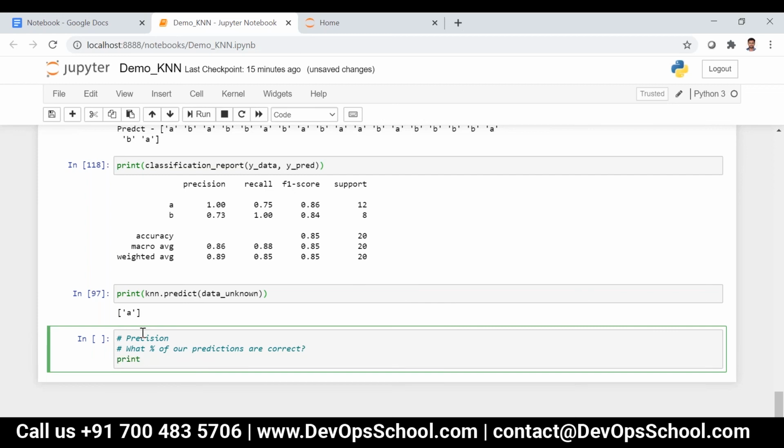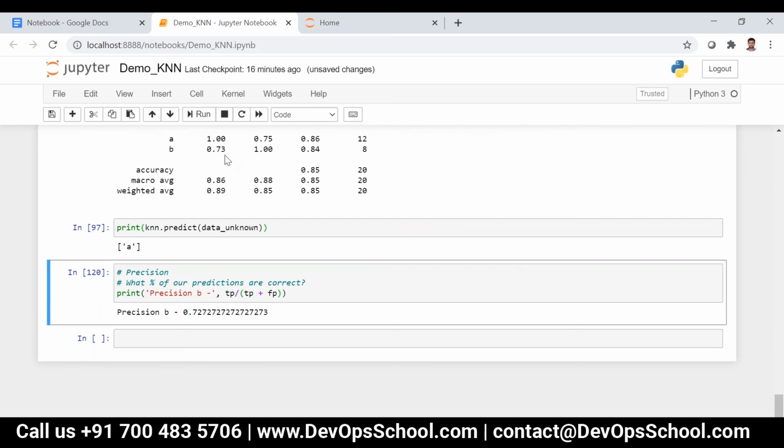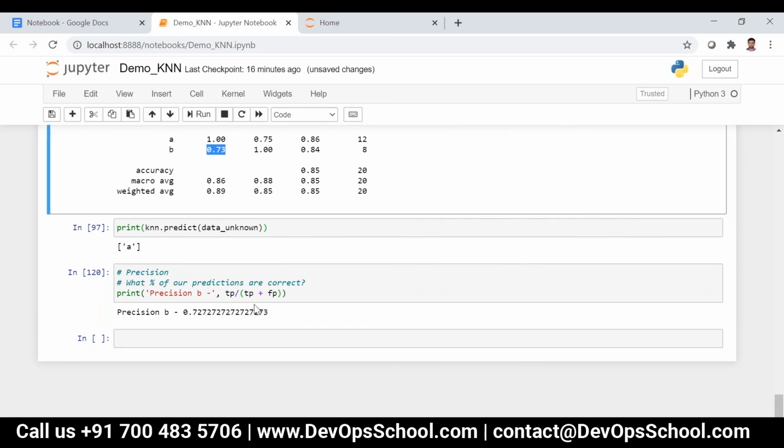So if I want to find precision for B, the formula is true positive divided by true positive plus false positive. Now if I execute it, you can see 0.73. It is rounded off.